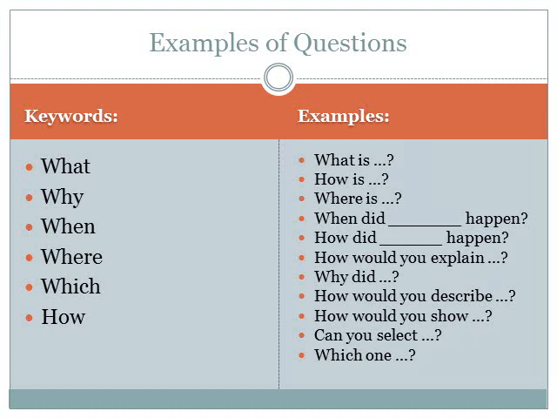Here are some examples because I really want to avoid the meaningless question, the one that doesn't mean anything to you, the student. Here are some keywords: what, why, when, where, which, how, and I've listed all kinds of example questions. What is the definition of a circle? What is the difference between the definition of a circle and the definition of an ellipse? What is a good start? How is, where is, when did this happen? When did the union happen? When did the truth table switch? There are all kinds of things. This is a really good place to start. If you still can't come up with a good one,